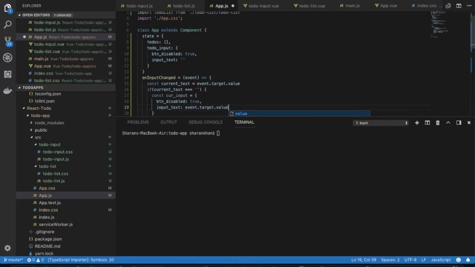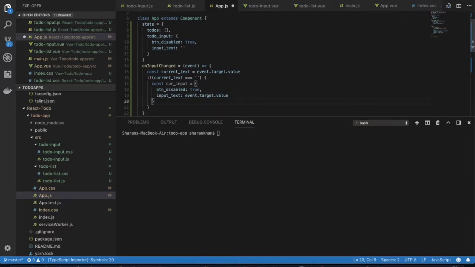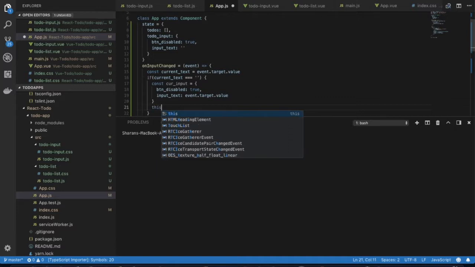So yeah, and in React you need to write setState to change the state of this. So what we need to do is change the state of this button disabled to, if it's not disabled then disable it. So exactly like that. So this.state, and what's